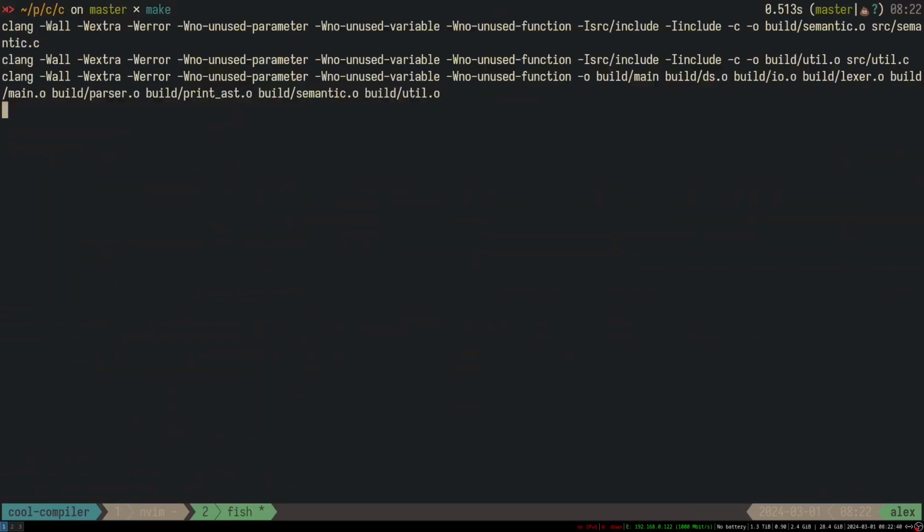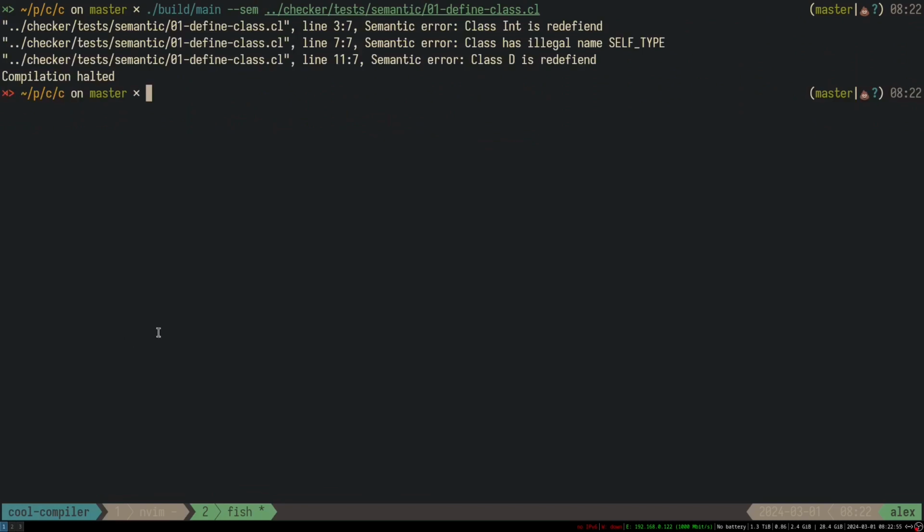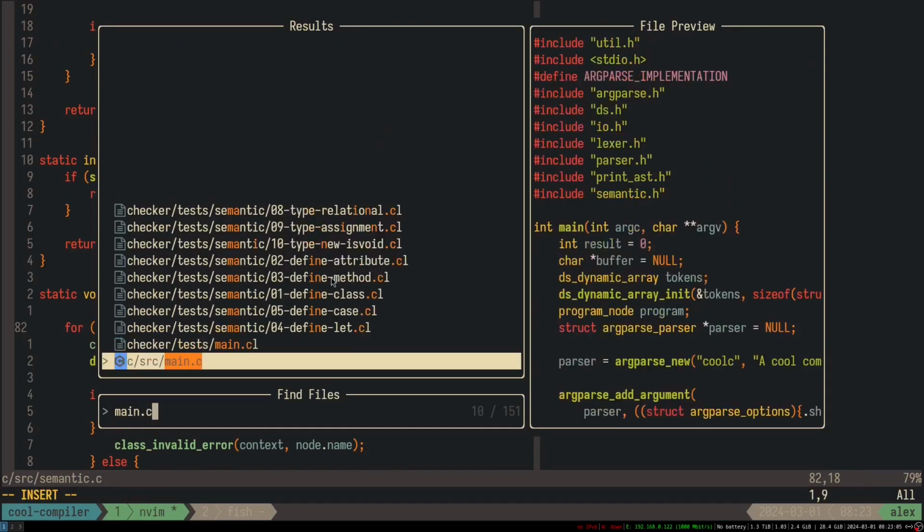Okay, whatever. So let's remake. Syntax check. Okay, so we want to do semantic 01, and I think we should be able to see that class int is redefined. This class has a legal name, and this one is also redefined. So if we go back to main.c,